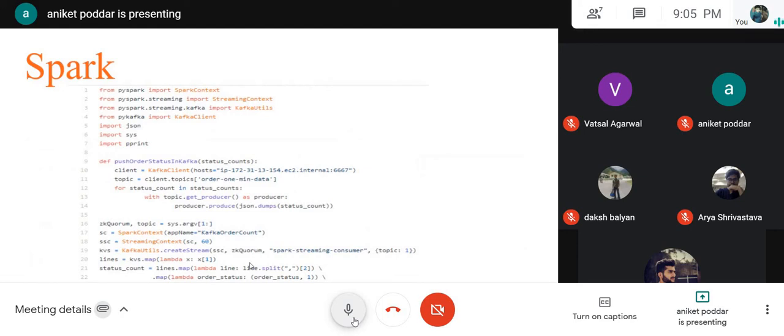So first of all, here in line 21, through the map function, we are splitting the data set in the form of words, and then from there we will be counting the order status. And finally, we will be reducing it to the key after summing the total number of counts in every span of 60 seconds to the Kafka.